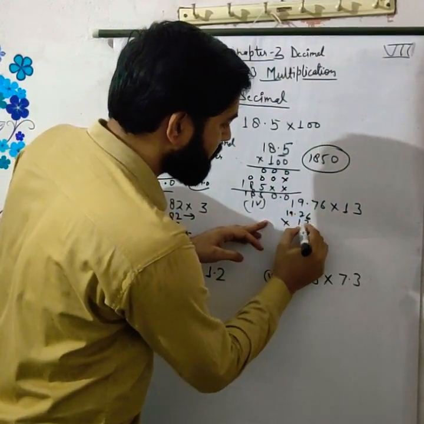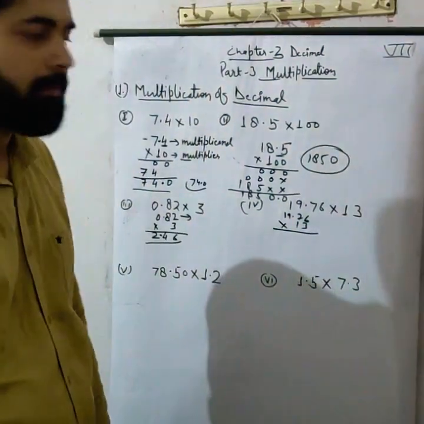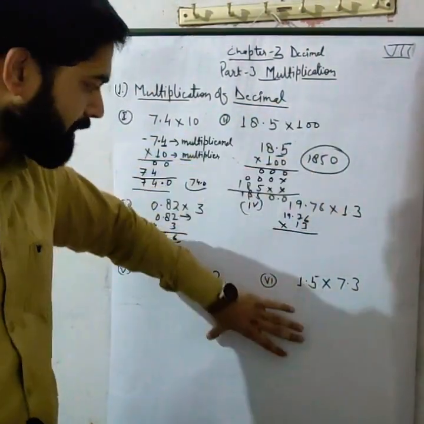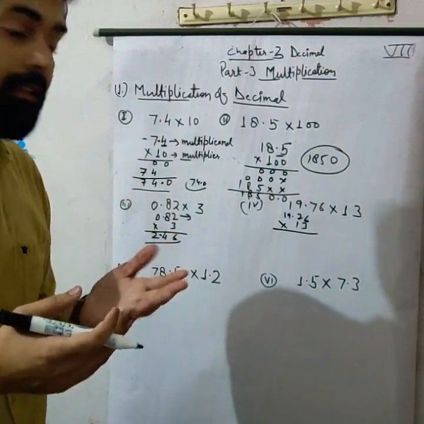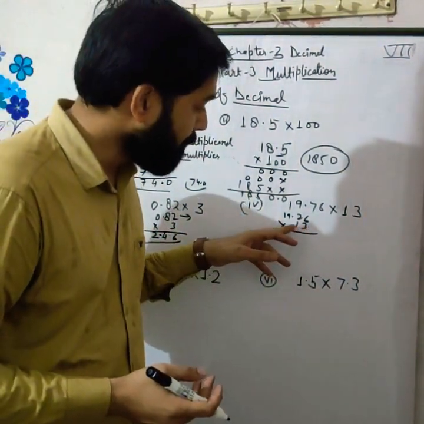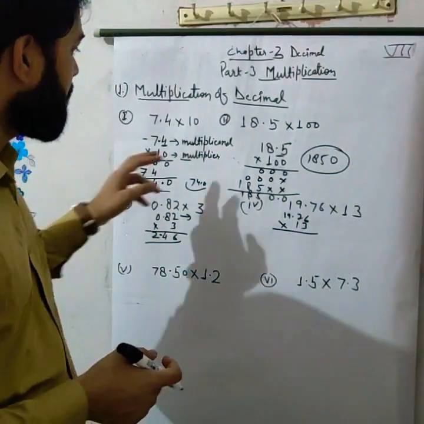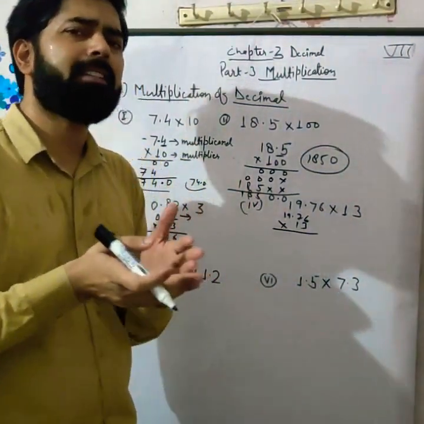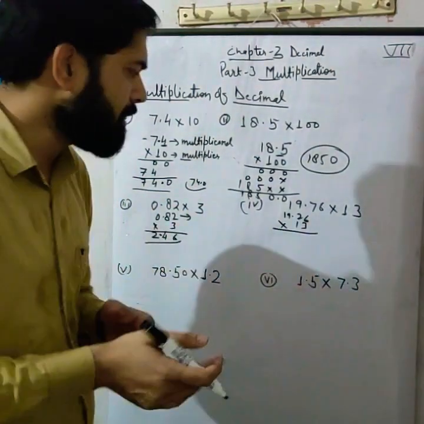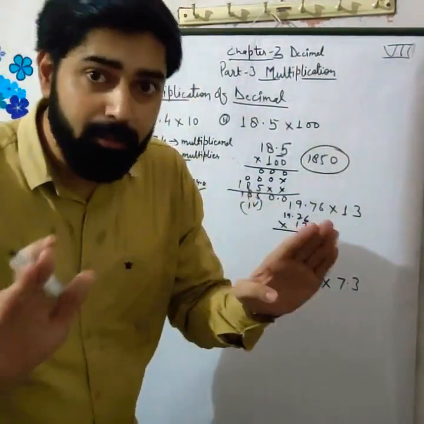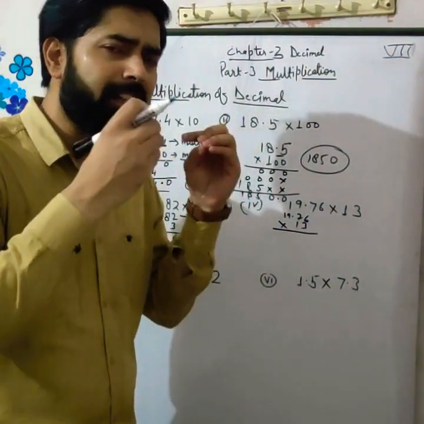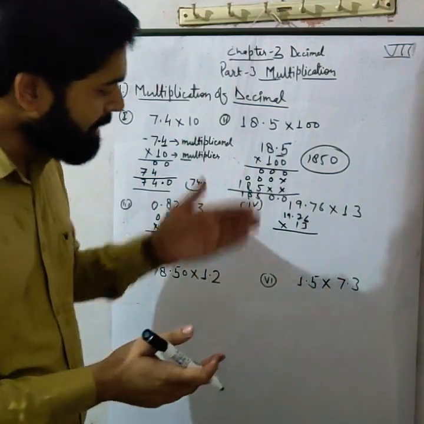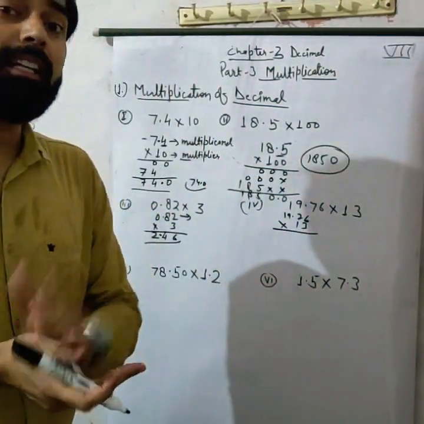The next, 19.76 multiply by 13. The second type of multiplication. First type, second type, this is the third type. The multiplier has how many digits? 2 digits. Then how can we multiply? Easily, the same as a simple multiplication. Don't think about the decimal. Simply, firstly we will multiply the numbers one by one, and then we use the decimal in the last,